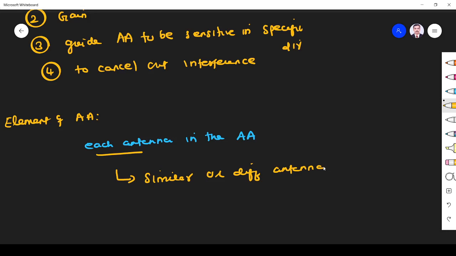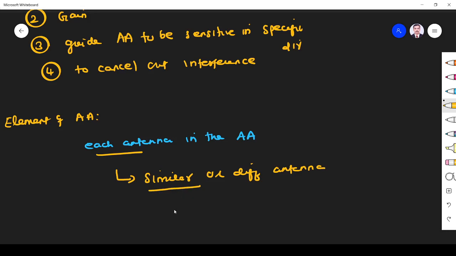It may contain 100 similar parabolic dish antennas, or 20 dish antennas, 20 aperture antennas, and the remaining dipole antennas, like that. But normally we prefer the antenna array to have similar antennas.